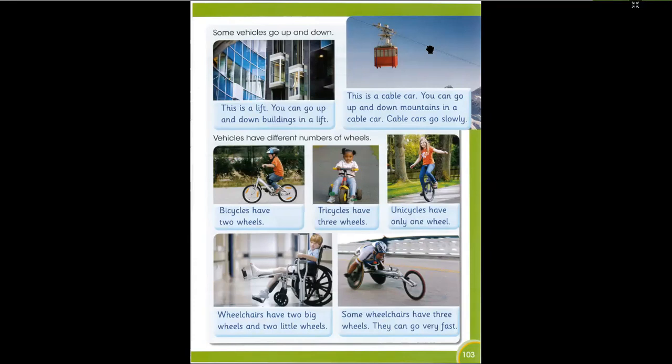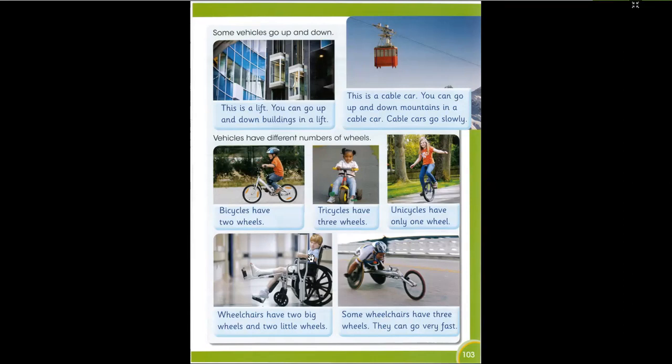Wheelchairs have two big wheels and two little wheels. Some people cannot walk or might have broken their legs, so they use a wheelchair. Some old people are very weak and cannot walk, so they use wheelchairs. Wheelchairs have four wheels: two big wheels at the back and two small wheels in the front. So a bicycle has two wheels, a tricycle has three wheels, a unicycle has one wheel, a wheelchair has four wheels, and then we